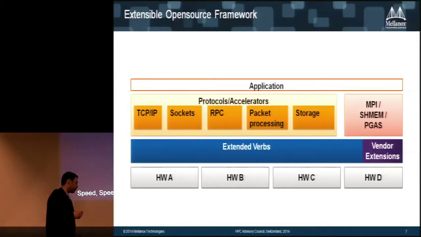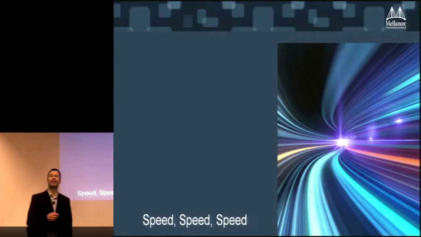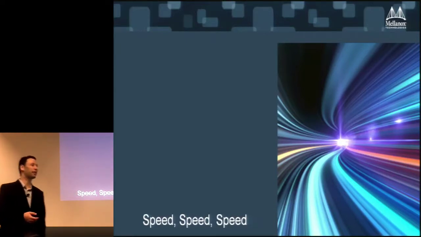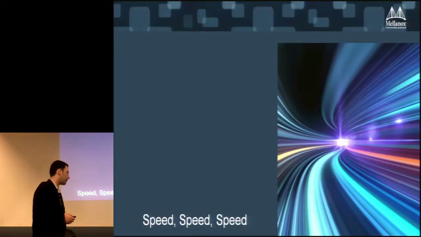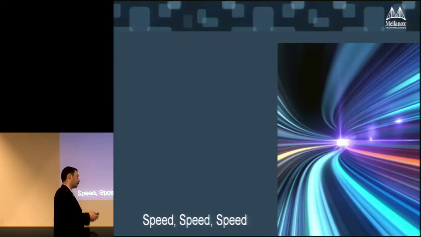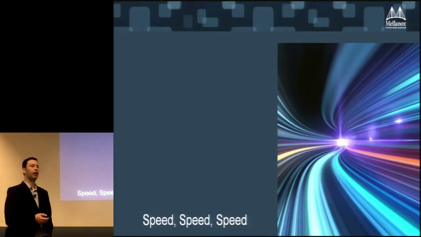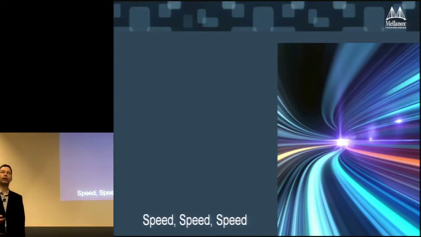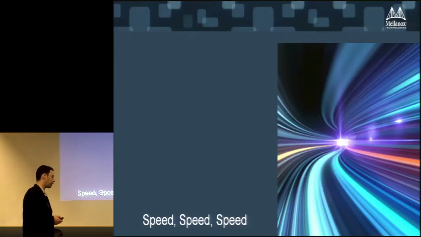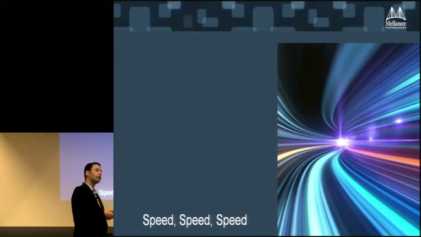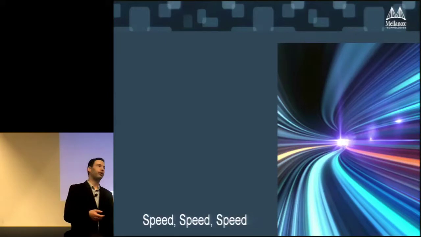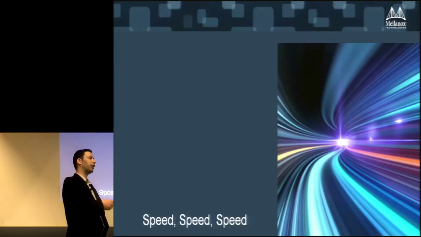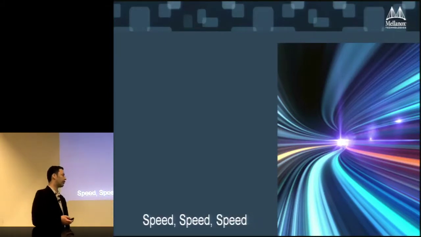So after I finish the standard stuff, I want to talk about the three S's that are very important in interconnect, which are speed, speed, and speed. I think that's the number one that comes to mind for the evolution of the interconnect, and it's getting more and more complicated to keep up with speed, but this is a very important thing. And when I'm talking about speed, then definitely I'm talking about the characteristics of bandwidth, latency, and message rate. Each one has its own influence on the various things.